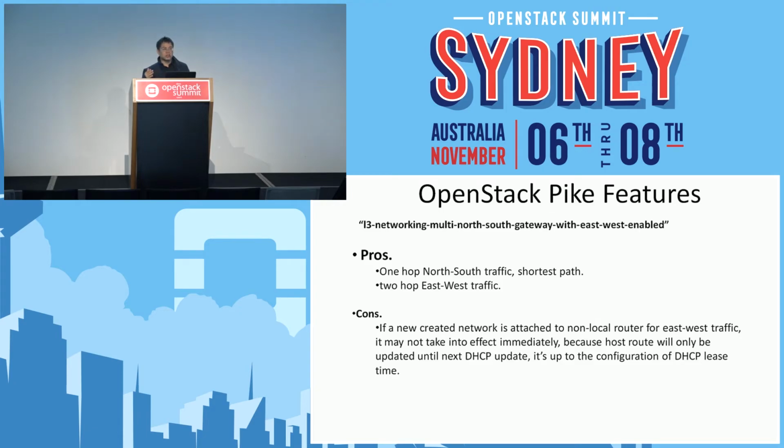So it's up to the lease time for DHCP how long the topology takes to update. If the topology is not frequently updated, this model works very well. But if it's frequently updated and you want it to take effect immediately, we want to introduce a new topology in